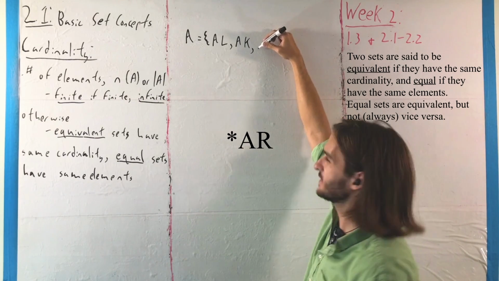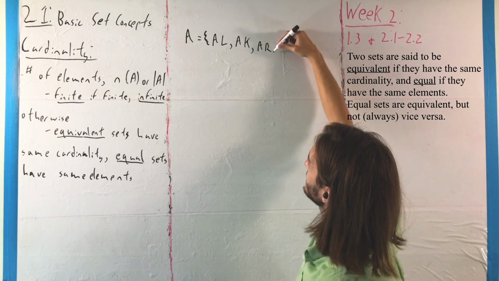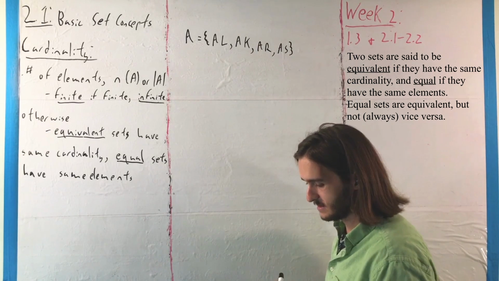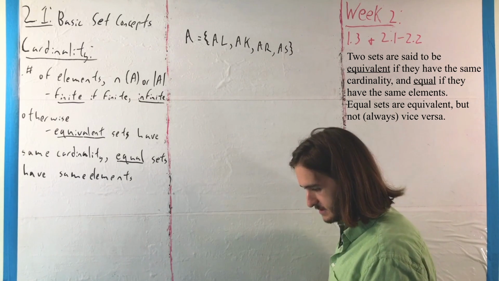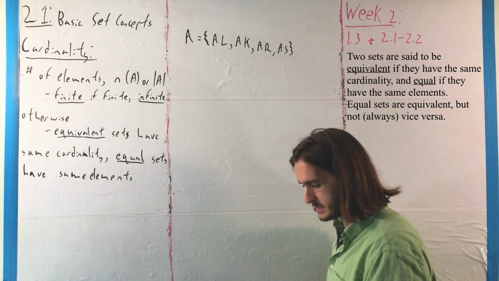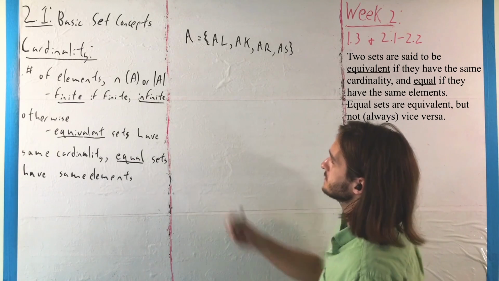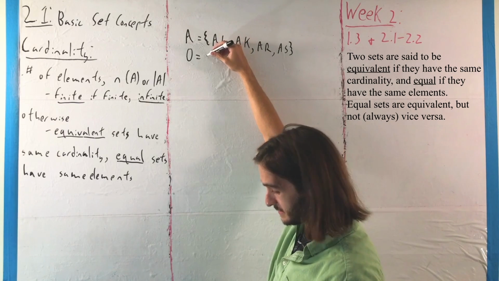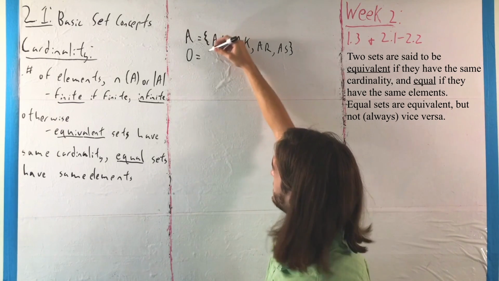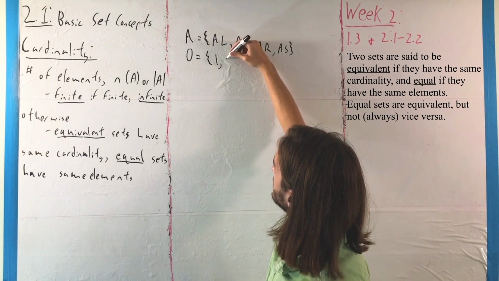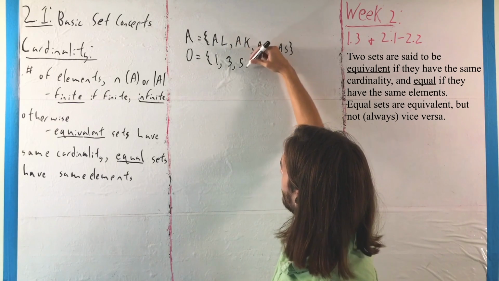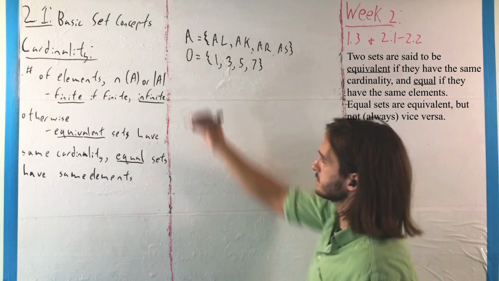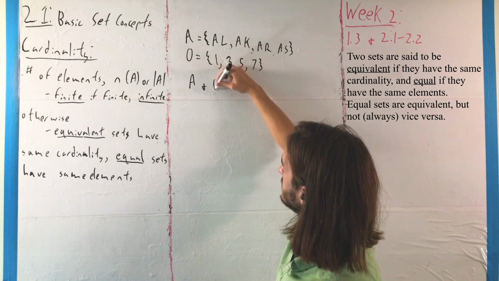I actually can't remember off the top of my head, but I'm going to say it's AS just for the sake of finishing that. This has the same number of elements as the set of odd numbers that are less than 8, the set 1, 3, 5, and 7. So these two sets, A and O,